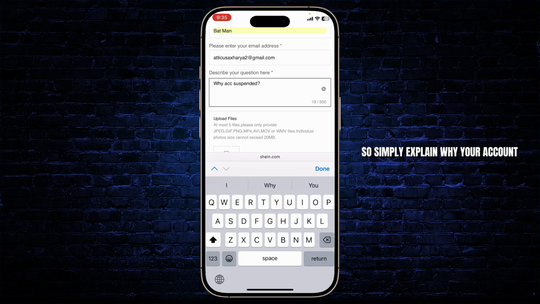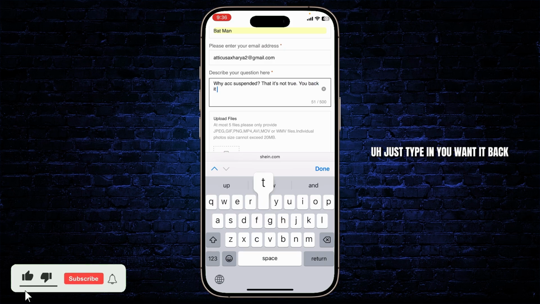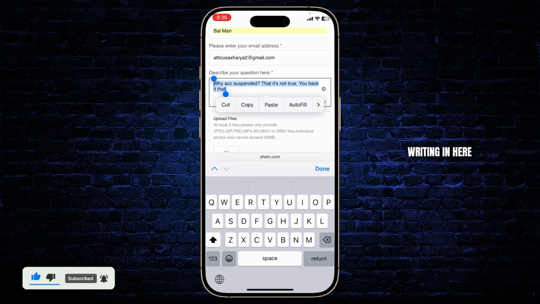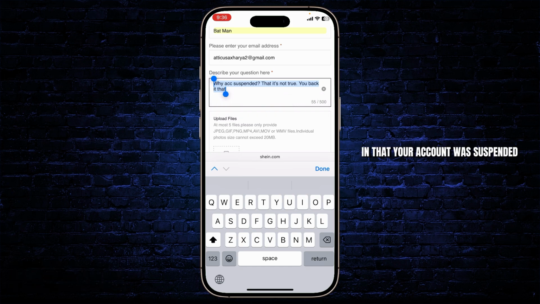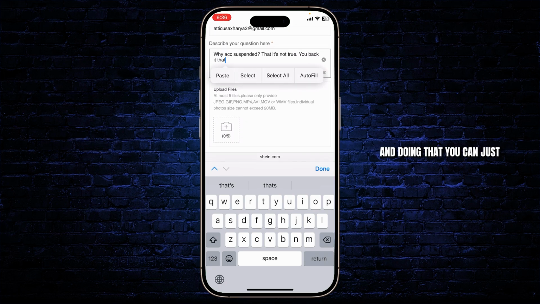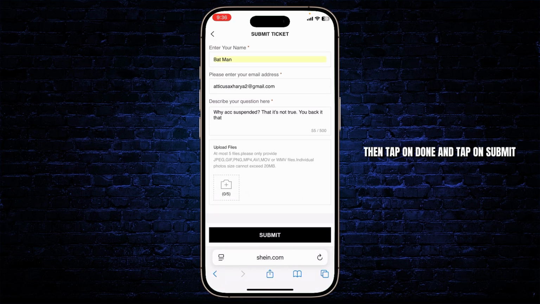So simply explain why your account was suspended and that it's not true, whatever the reason is, and also why you want it back. Just type in you want it back, and yeah, these are just the reasons. This is not what you should be writing in here, but what you will need to type in is that your account was suspended, why it was suspended, and why that's not the case. So if you have violated the terms and conditions, say that it's not true, or if it's not true, just type in not true. And after doing that, you can just upload a file here, then tap on done